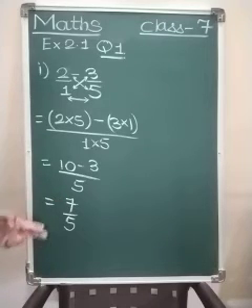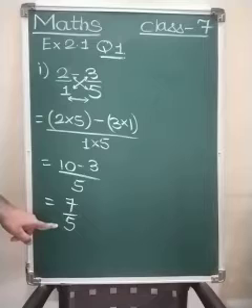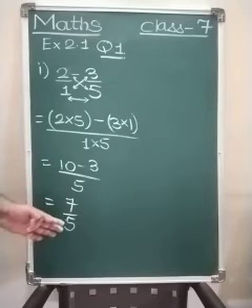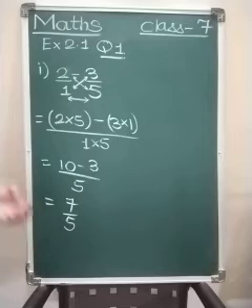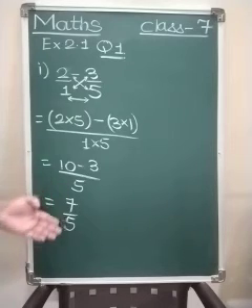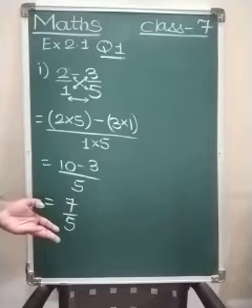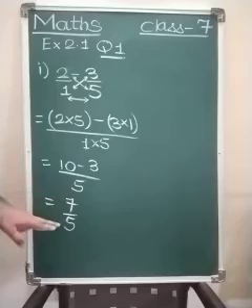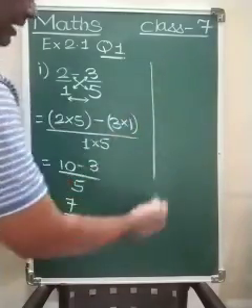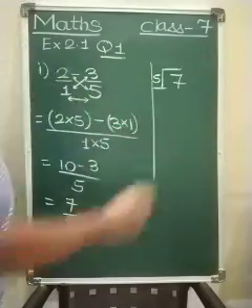Now is this a proper fraction? It is not a proper fraction because the numerator is greater than the denominator. So we can leave our answer here only, but keep it a habit that if an improper fraction comes, convert this improper fraction into a mixed number. How are we going to do that? Let us see. 7 upon 5 means 7 divided by 5. So here I will carry out 7 divided by 5.